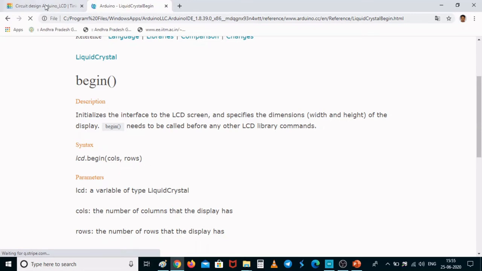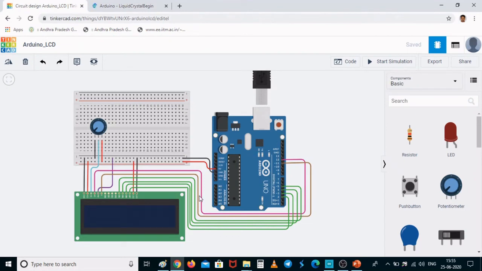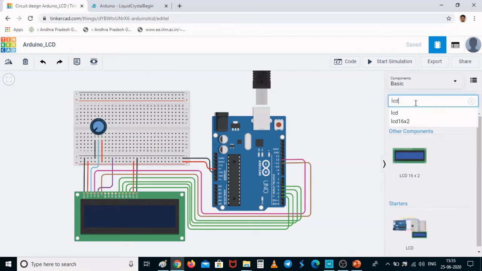I'll show you in this LCD display. It comes with dimensions, and when I press the LCD, you can see that the LCD is 16 by 2. 16 stands for the number of columns, 2 stands for the number of rows. That means the LCD display we have considered is capable of displaying 16 characters in 2 rows. There are 2 rows, the 0th row and the first row, and in each row it is capable of displaying up to 16 characters. That is the dimension of the LCD: 16 stands for columns, 2 stands for rows.